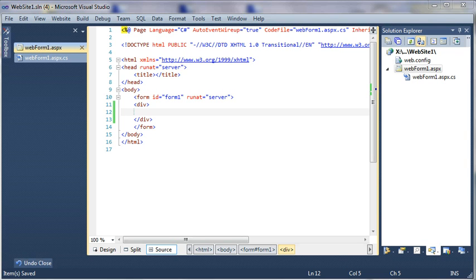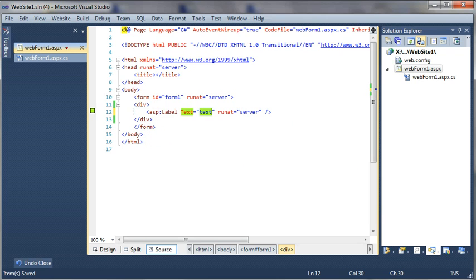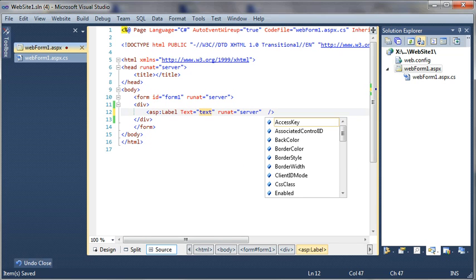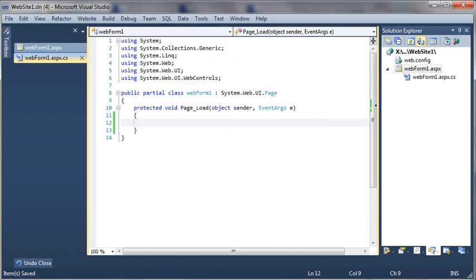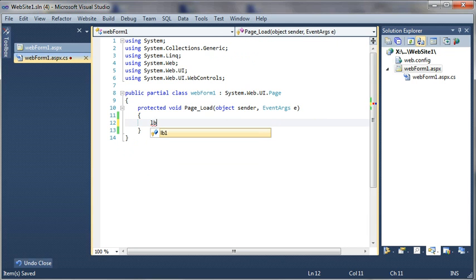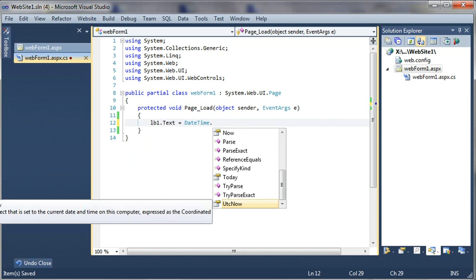I have just created a simple website and a web form in it, and we want to demonstrate the advantage of an update panel. So to do that, we will add a label to the page, asp:Label, and we can call this label ID equal Label1. Now in code behind, we can assign the value to this label, so Label1.Text equal to, let's add a DateTime value for the sake of this demonstration,